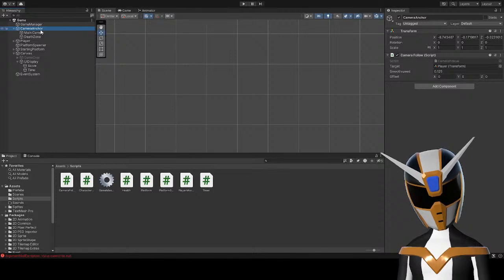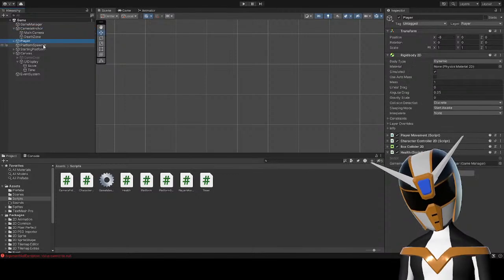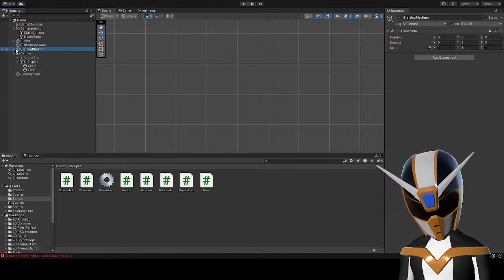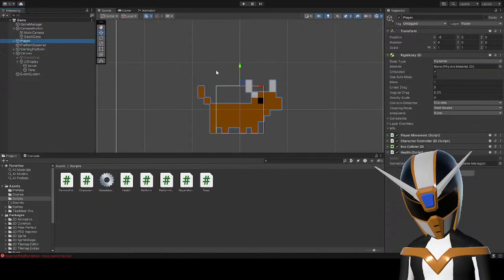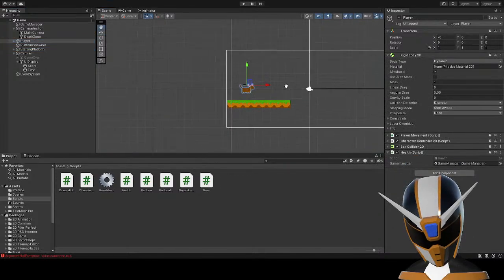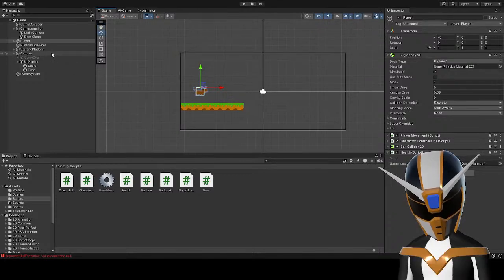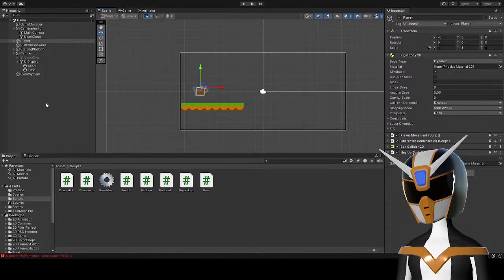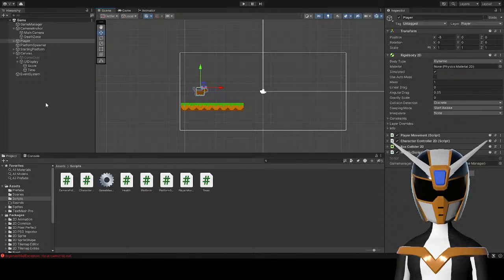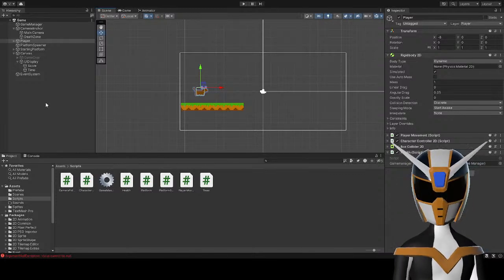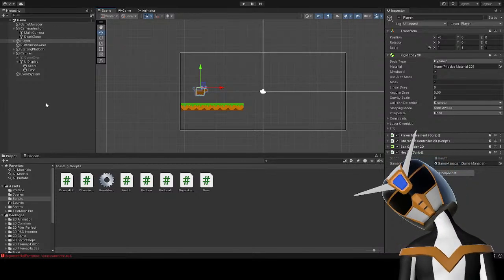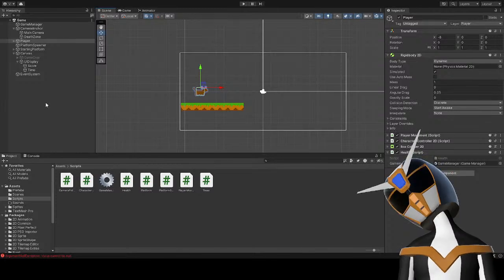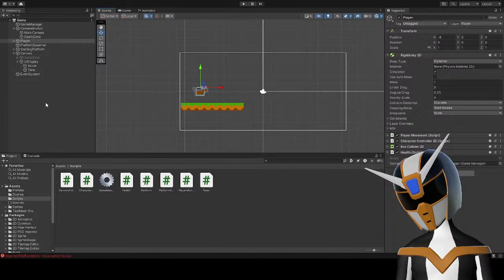What was the other thing I needed to do? I still need to make the game actually playable. Still haven't done that yet. And then I need to make it so the platforms spawn outside of the camera area.